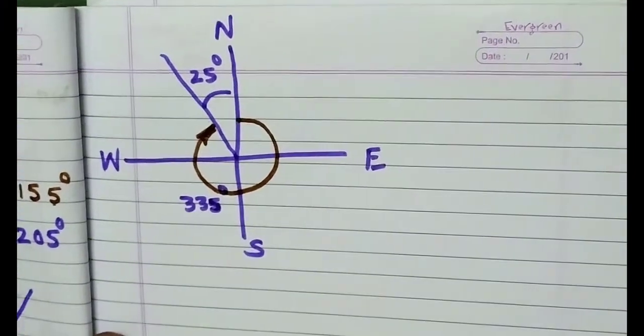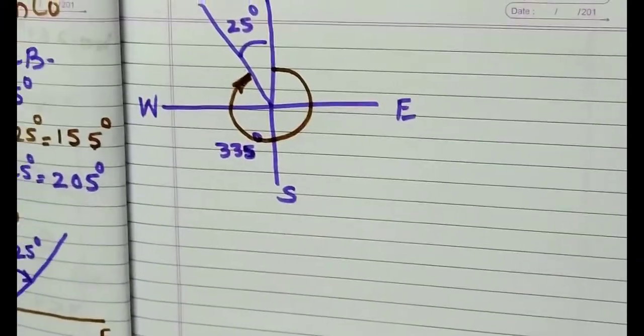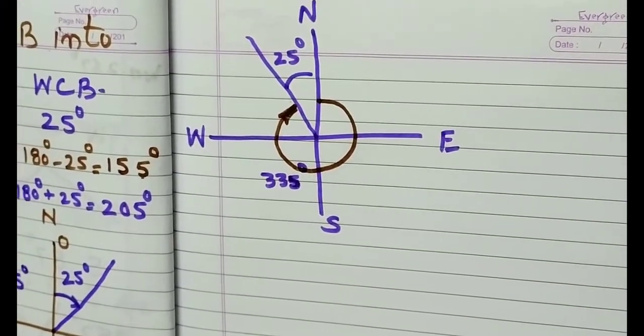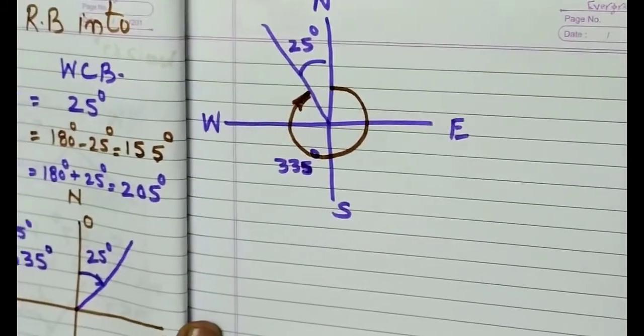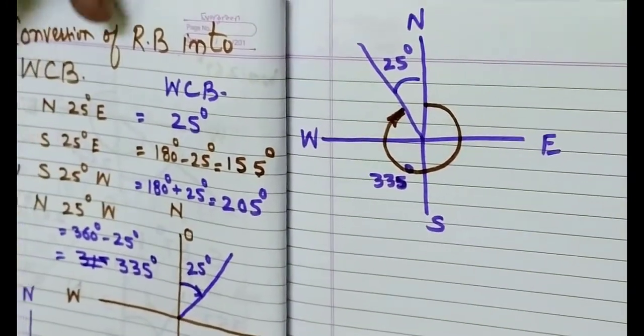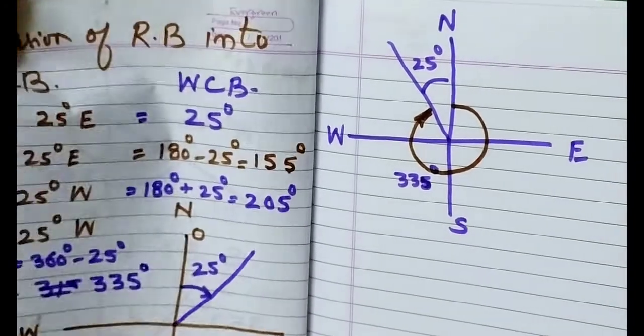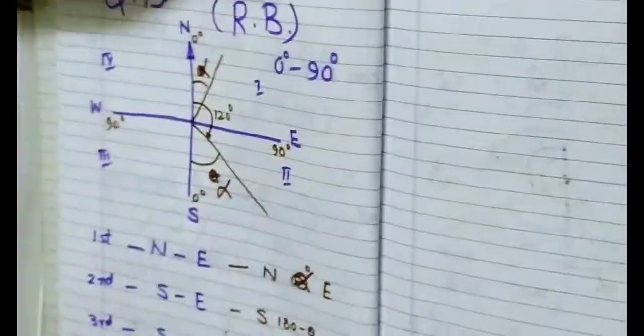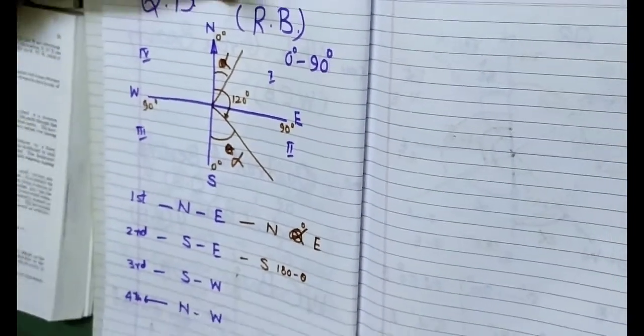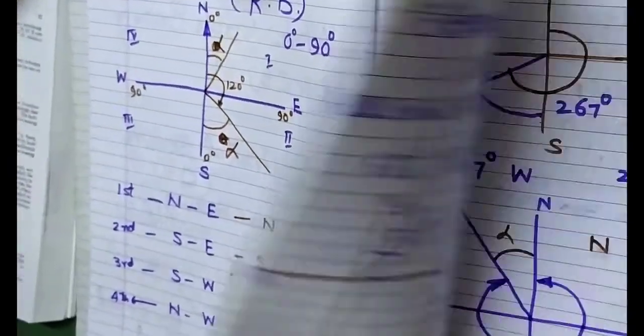So this is the way we can convert while drawing the sketches. This is the best and final method, in which you cannot make a mistake. Otherwise there are formulas. You can follow the formulas. The formulas I have already told you, with northeast alpha, these values are here. So for this you can calculate it.